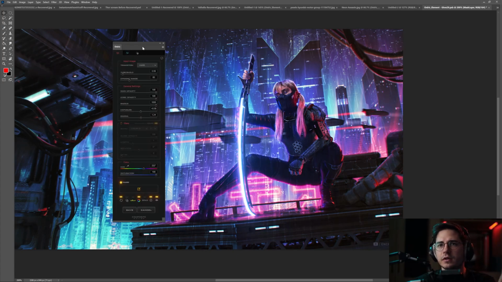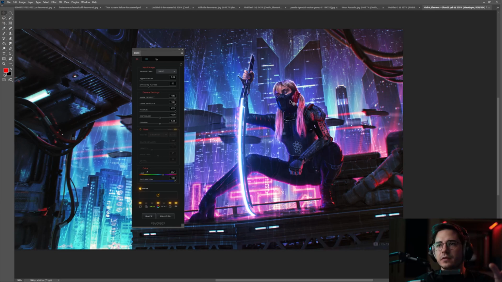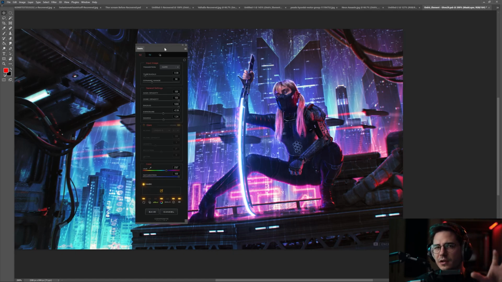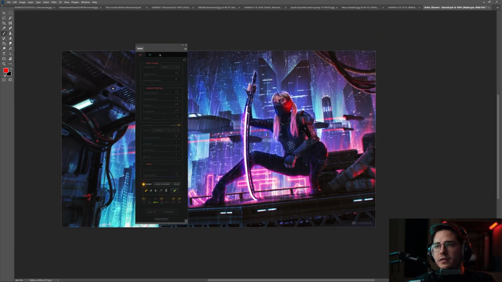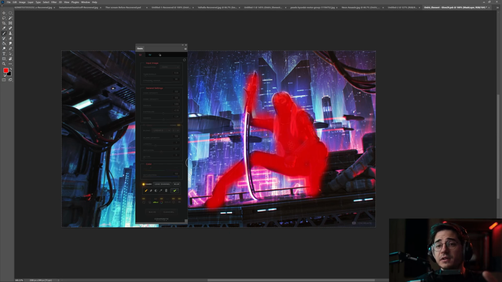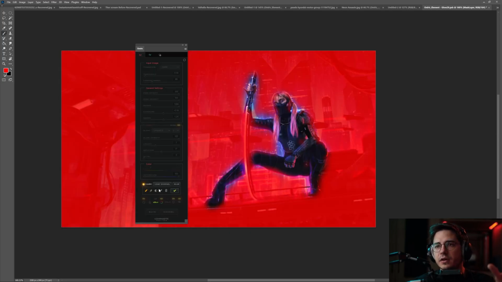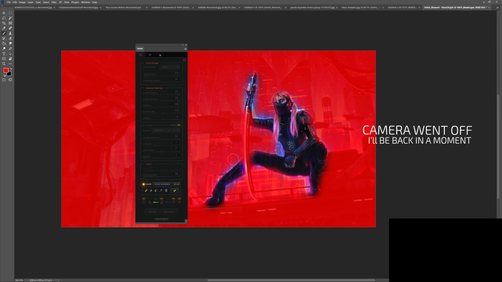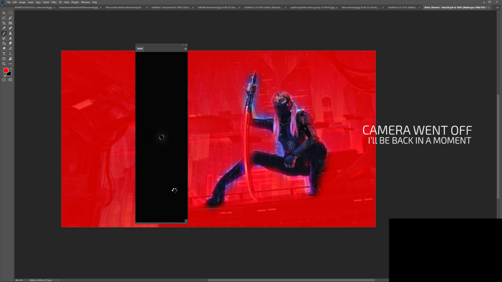Now let's say that instead of making a mask for the sword or everything, you want to isolate her from the glow, right? So if I go to the mask, I'm gonna delete it, and if you paint over her, over the areas that you don't want the glow on, you can invert the mask, and if you invert it, you are telling Oniric only generate the glow from the red areas, right? So when I update the mask,